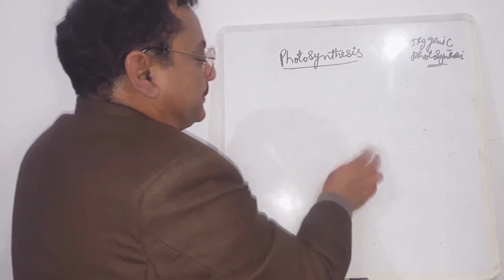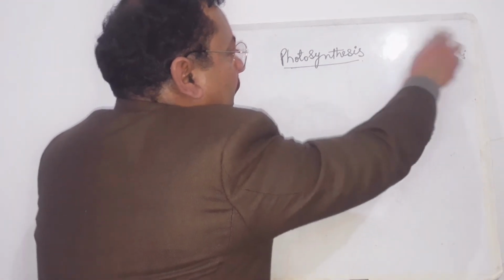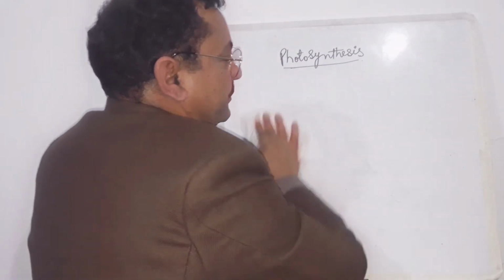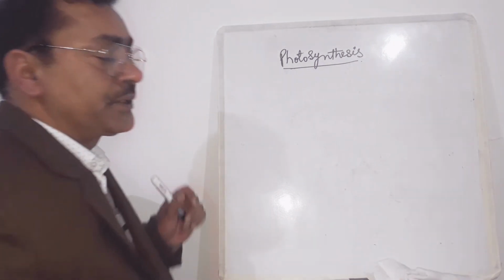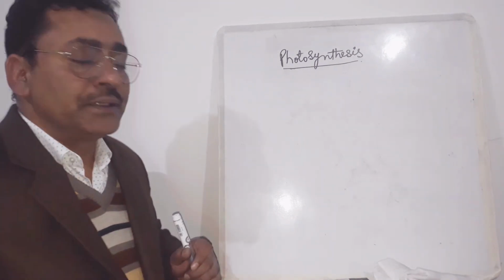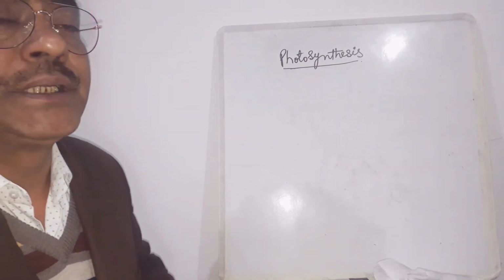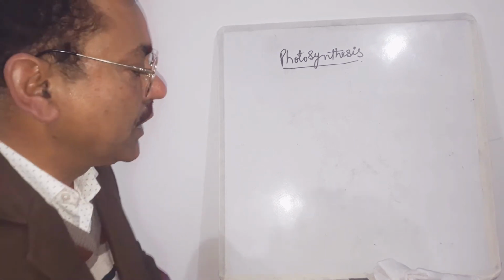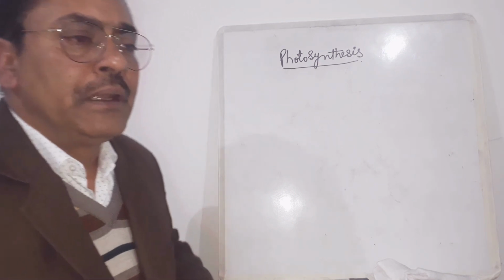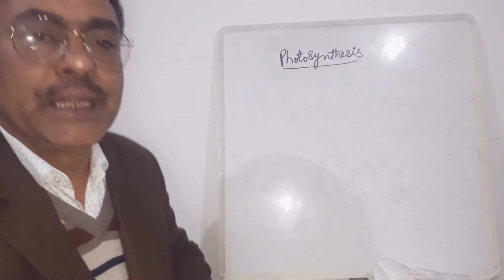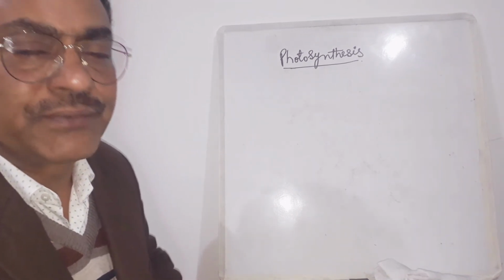Now, how can we be sure that water is the source of oxygen in the process of photosynthesis? For that purpose, many scientists came from time to time and gave their models, and experiments were carried out